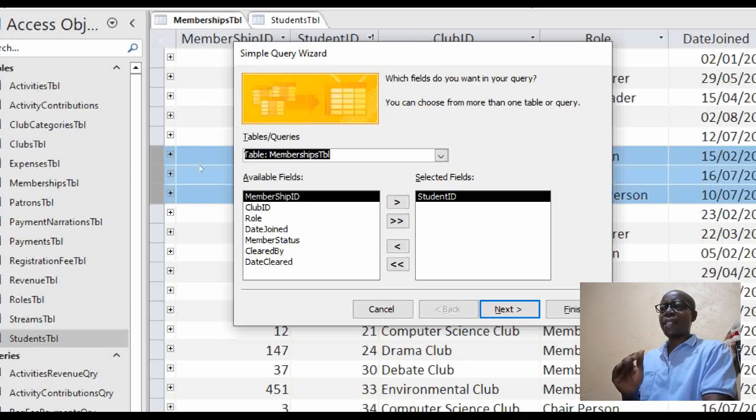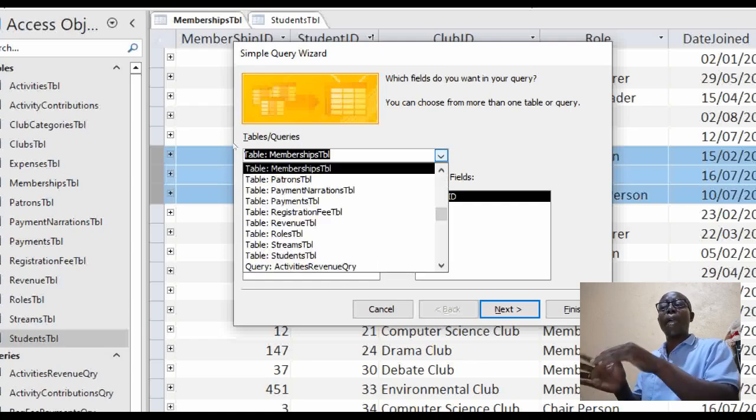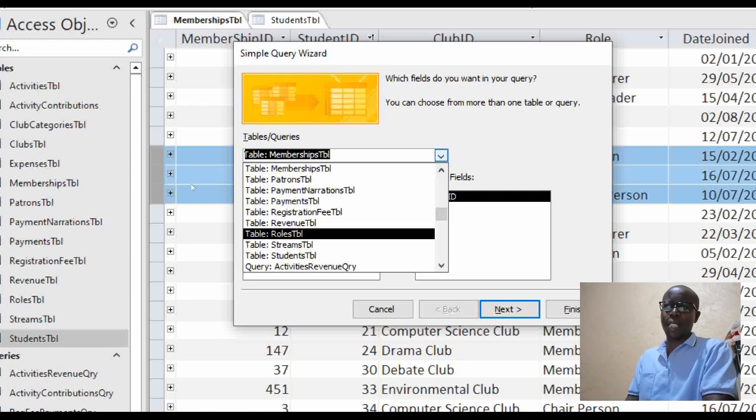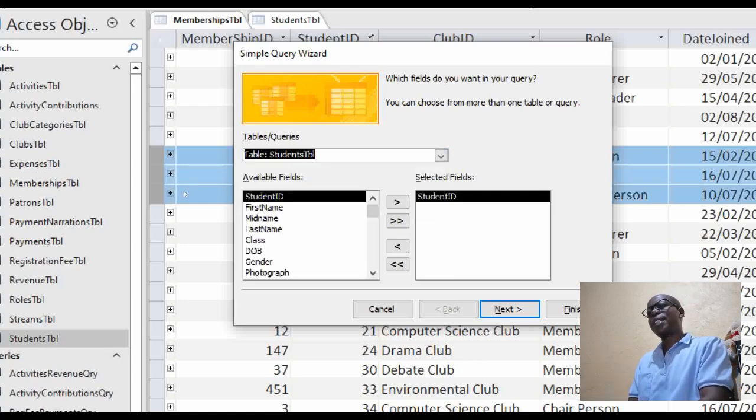I have chosen the admission number, which I'm calling student ID, from that table. And because the membership table does not have a name, I want to go where we have the name of this student. It's in Students TBL, which I choose as table number 2.